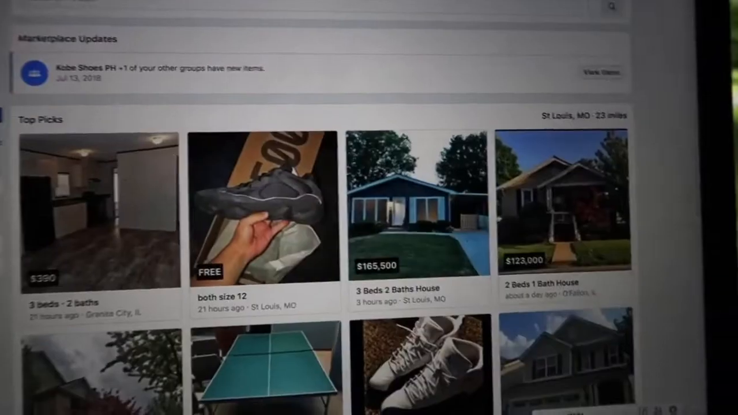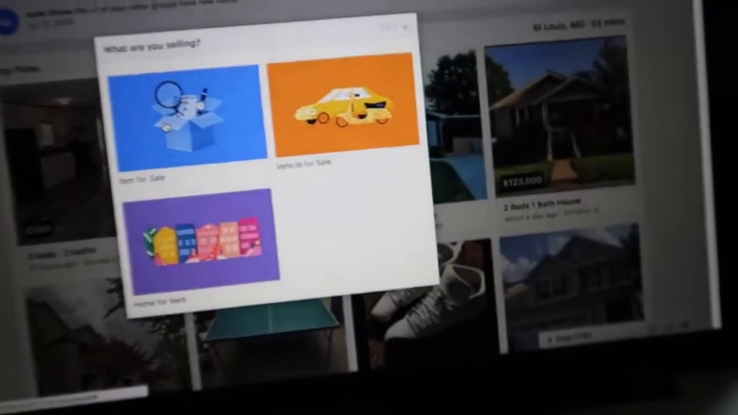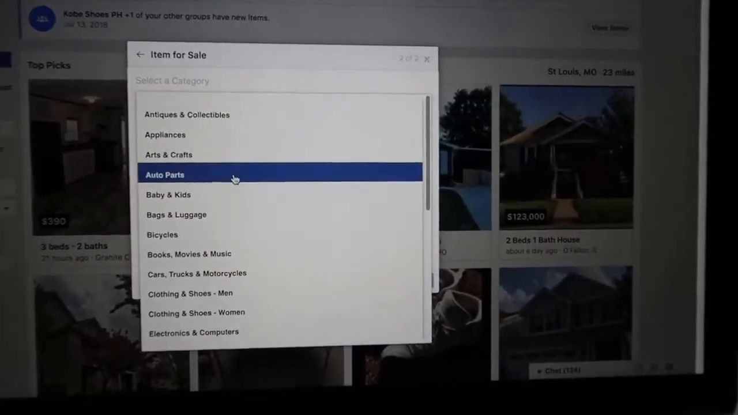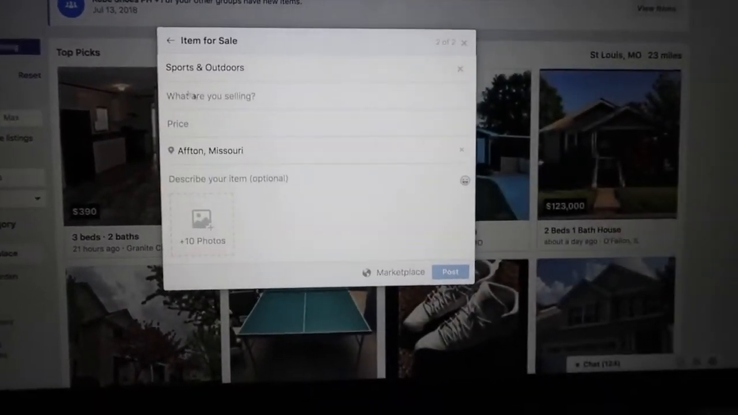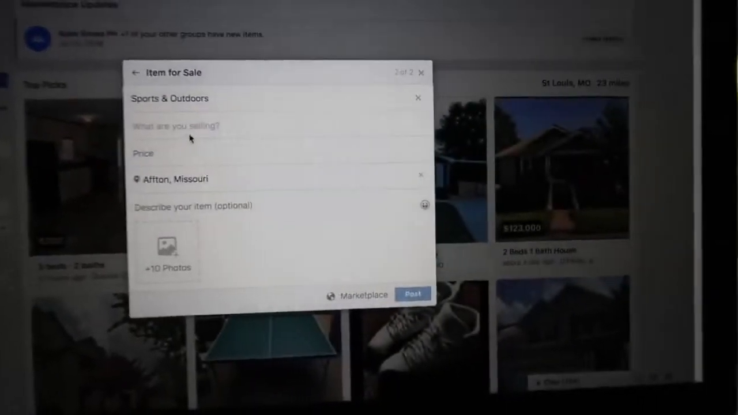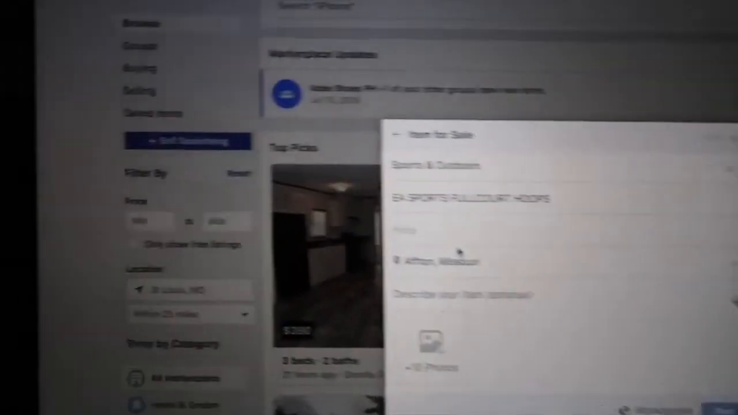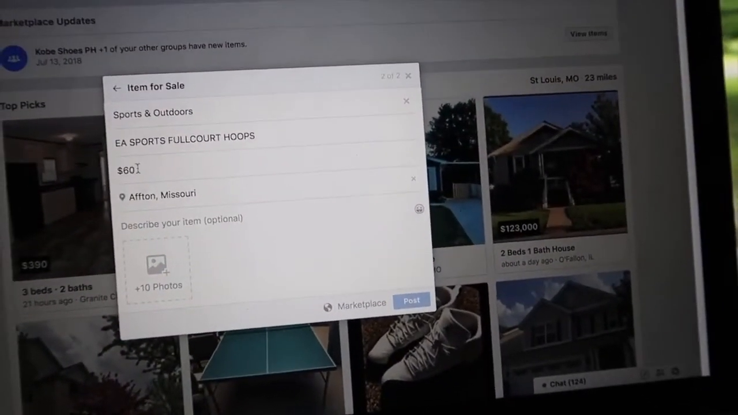So now that you got that, you're going to go over to the Facebook Marketplace and click sell something. You got an item for sale, category, sports and outdoors. What are you selling? You're just going to copy this, EA Sports Full Court Hoops. Paste that right here. Price, I'd say put like $60, okay? Or maybe like